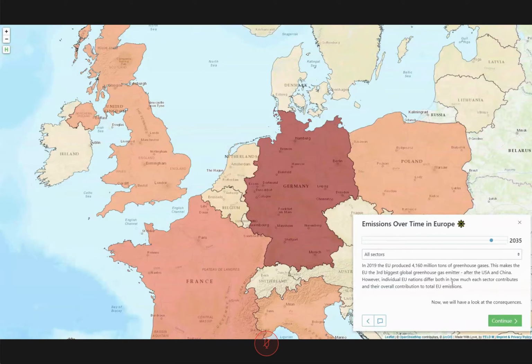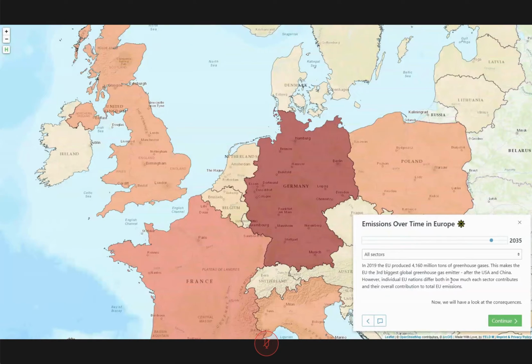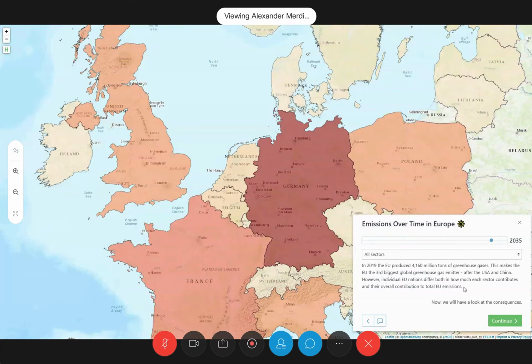So there are different scenarios, worst case, best case, or what emissions are expected to develop when we don't change our policies but use the policies that we have in place right now.